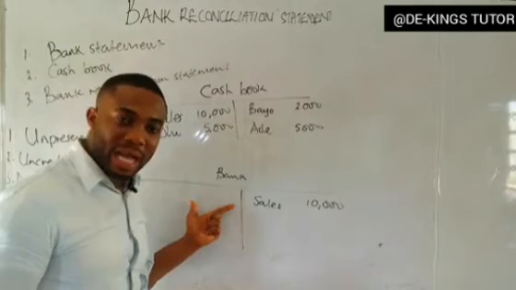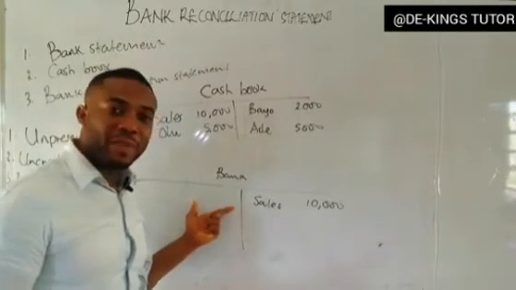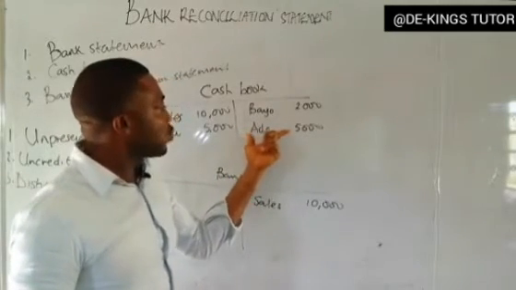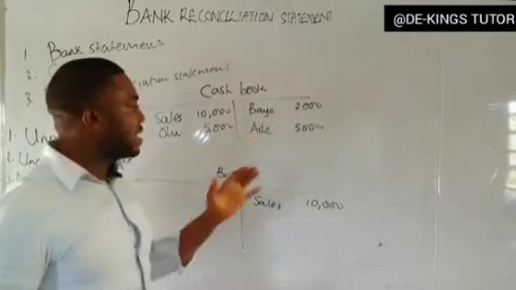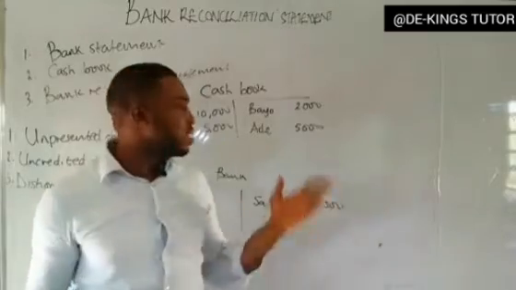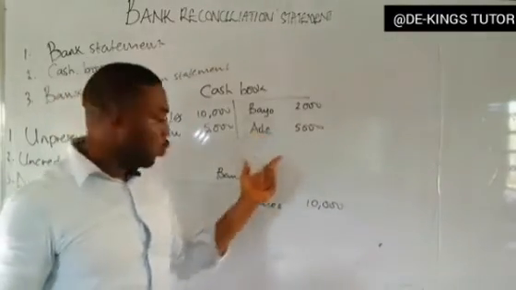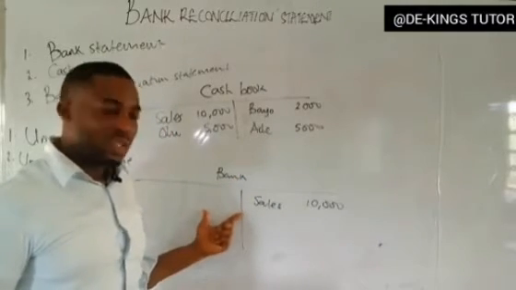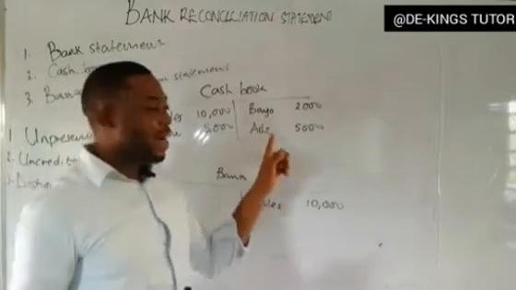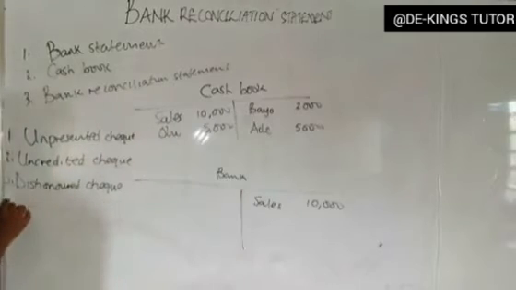The bank account is supposed to be what? Debited with an amount. But it has not reflected. This part has only been credited. So you will see that the cash book will show a lesser balance than the bank account. Why? The amount that was paid was supposed to be debited here to reduce the amount. Okay? But because the check was dishonored, the amount was not reduced. Okay? The next one is what we call